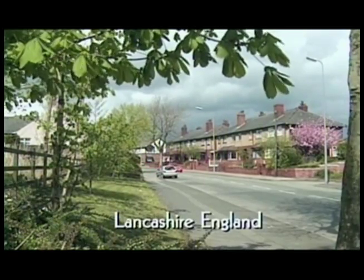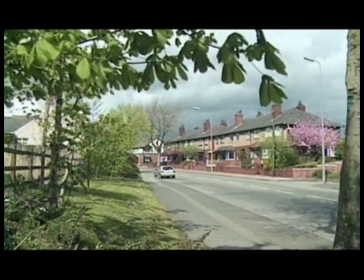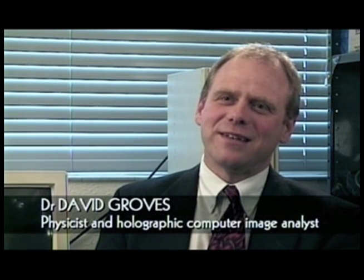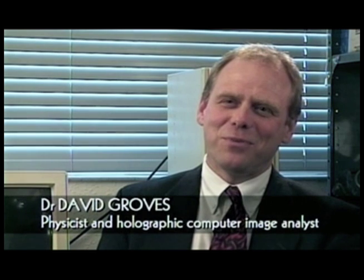Dr. David Groves is a physicist in the UK and a specialist in image processing. I've been involved in image analysis for 25 years now. I did my PhD developing holographic computer techniques for analysing images. My company, Quantic Image Processing, use these image processing techniques to extract three-dimensional information from two-dimensional images used in industry and used in medicine. The NASA pictures that I've analysed contain many inconsistencies, a whole core of which have no